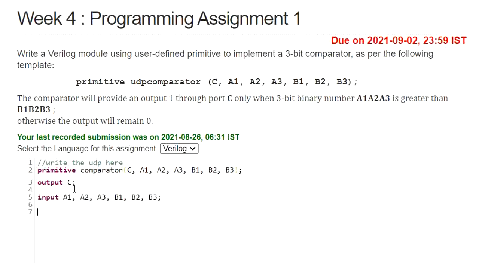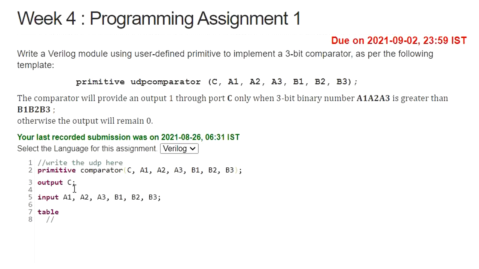Since it is a user-defined primitive, we need to use the keyword table. Here I am going to define all the possible inputs, and for those, all the possible cases of outputs. So first write the inputs here.